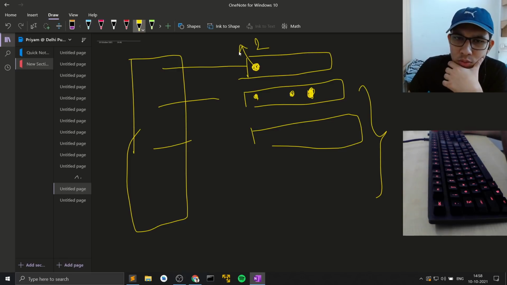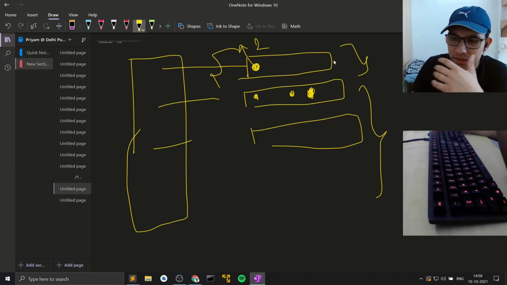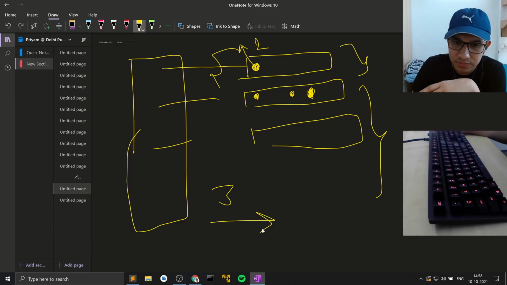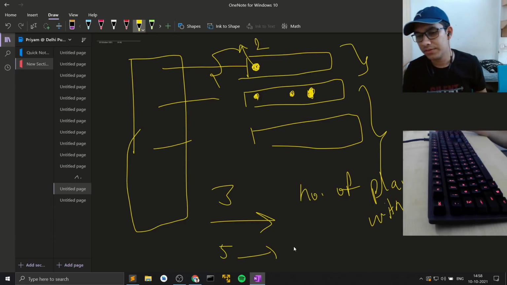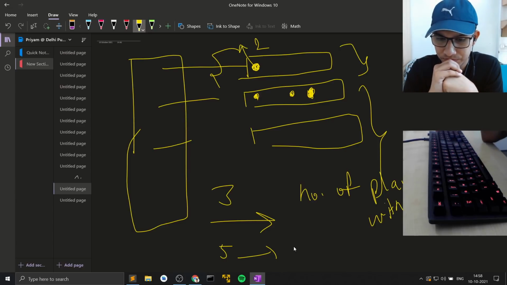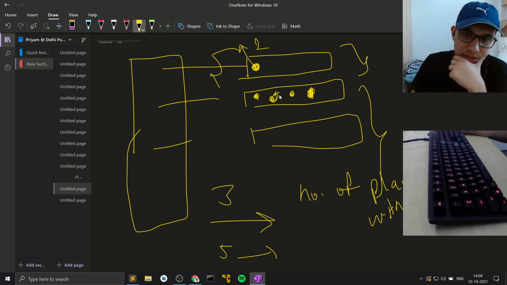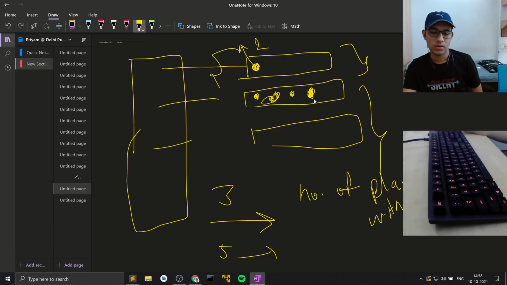So if I just exclude this row, for example, then I will be having the sum of difficulties for every other topic. Like if I consider 3, then I will be having the number of places where I have 3 here, right? Yeah, number of places where I have 3. And if I consider 5, then I also have the number of places where we have 5. Now the thing is that if I pick up this 3, I cannot pick up 5 here. That is another issue here.